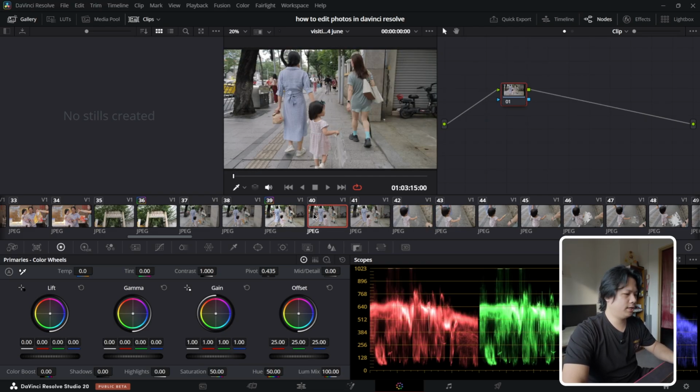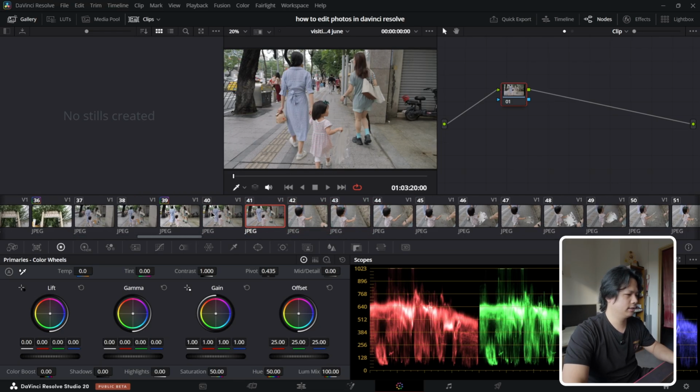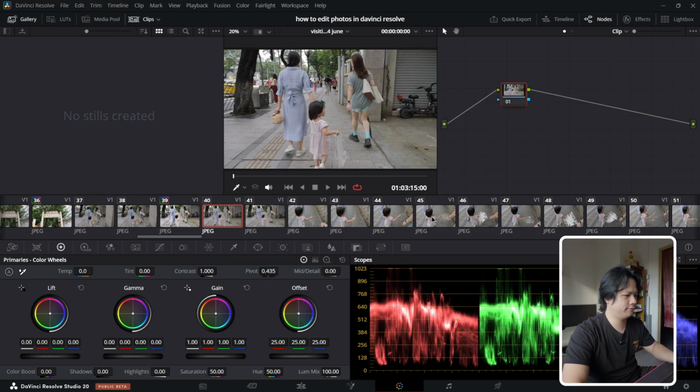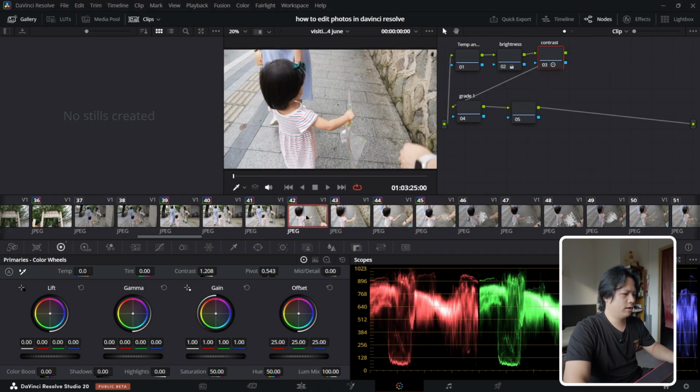And the other way is that we can select a bunch of photos like this, let's say from 40 to 45. I can just click 40 and then hold down shift and click 45 to select everything in between. And then we can use our mouse wheel or our scroll wheel click, and then we're gonna click right here to copy our data from our 39 like this. And you will have a pop-up saying replace existing active grades, and say yes, replace. And that way we have everything